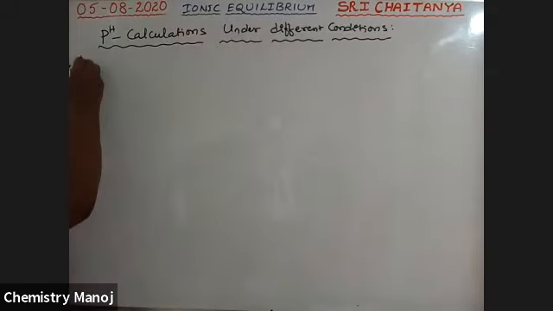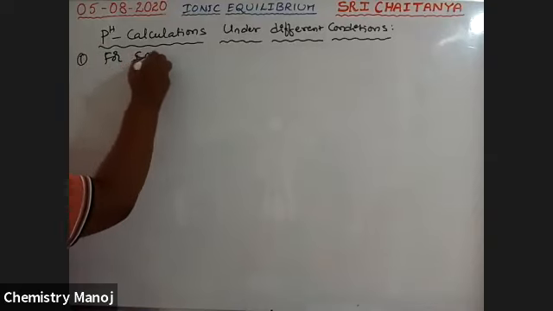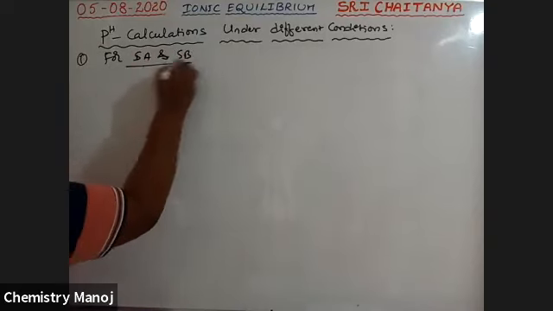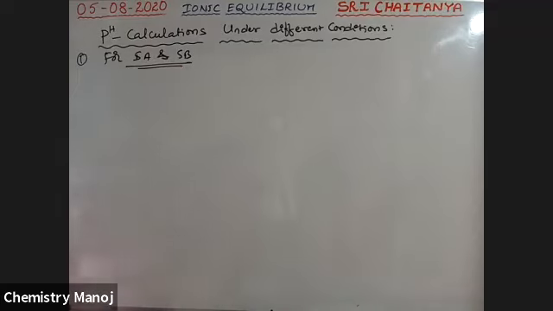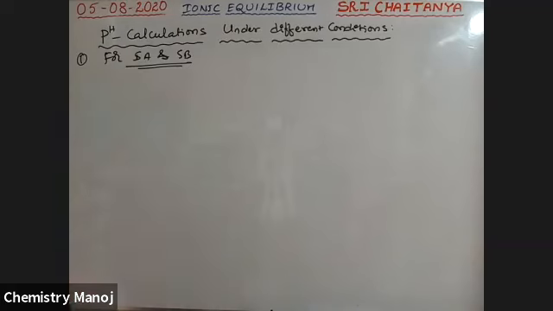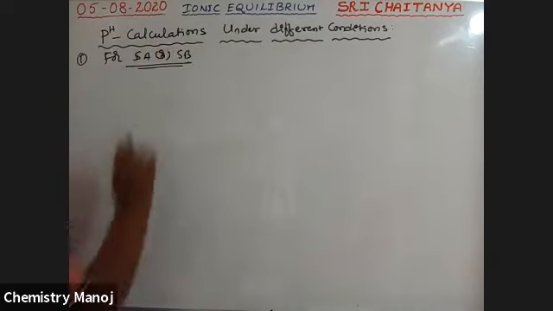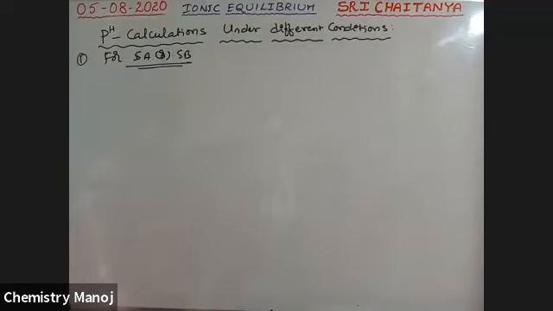See boys, in this case we explained for strong acids and strong bases just now. Here, pH calculation is applicable for strong acids and strong bases individually. For strong acids or strong bases, it is the first case.